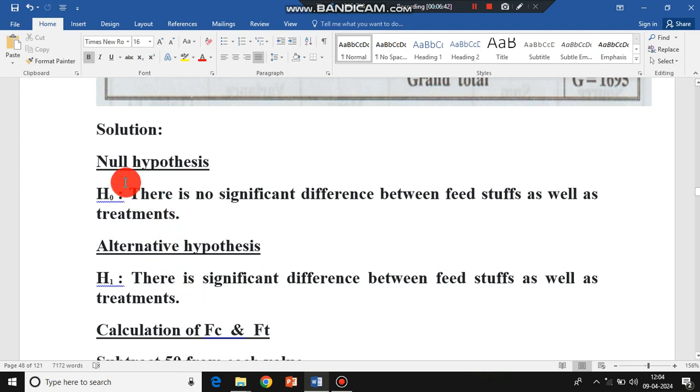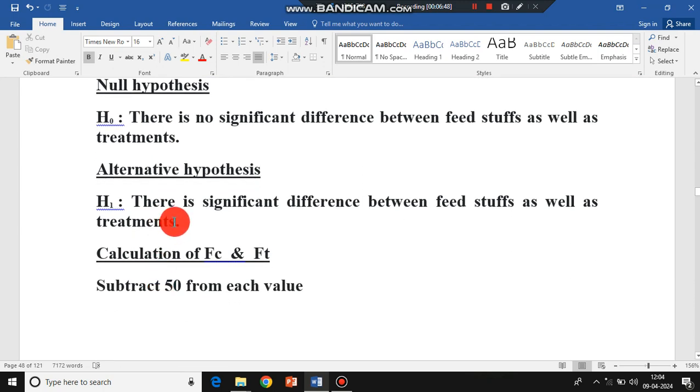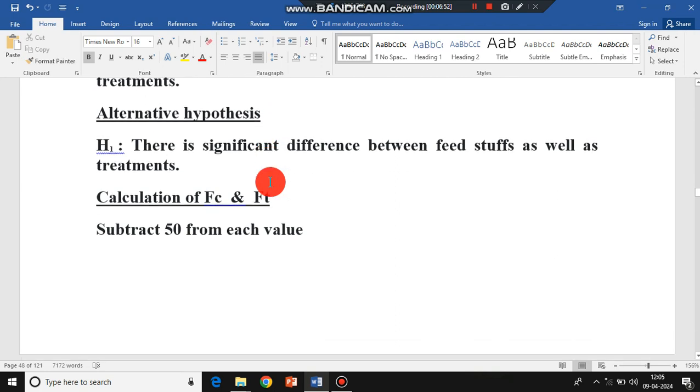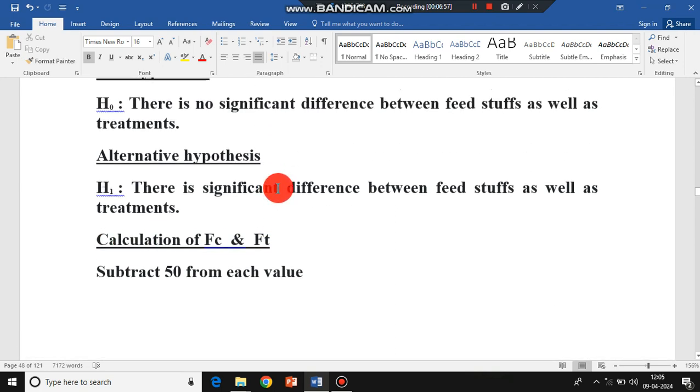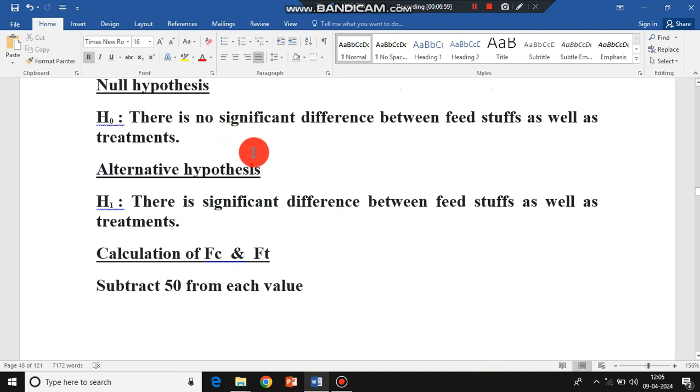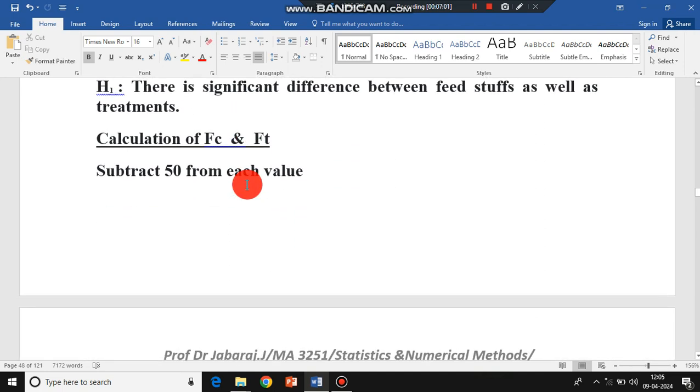So opposite of null hypothesis, we say the alternative hypothesis. Okay, right, so this is the second step. Then automatically the third step comes. Now this is mathematical analysis. First two are hypothesis, and the third step is calculation of